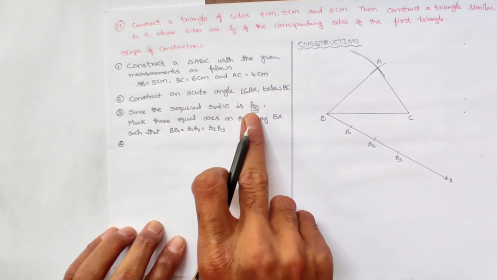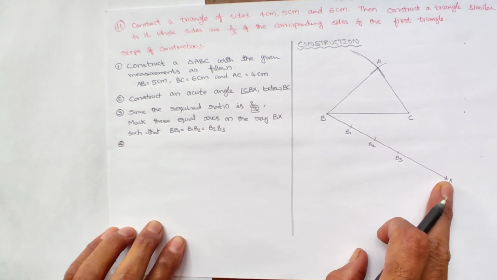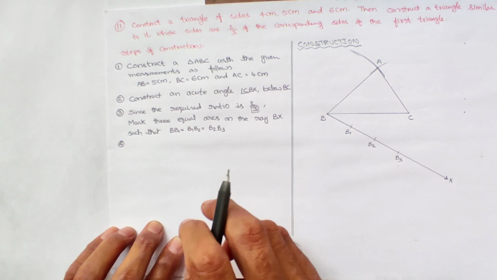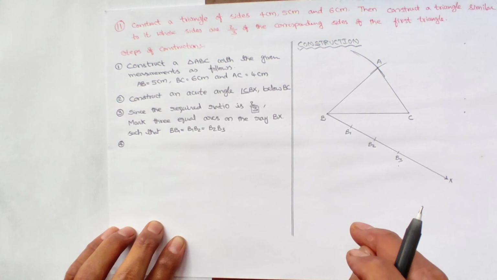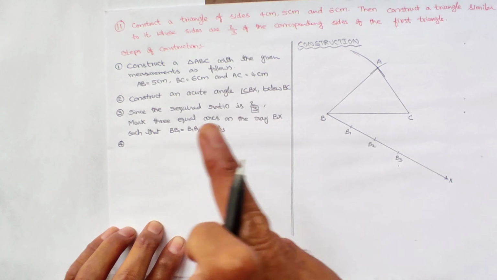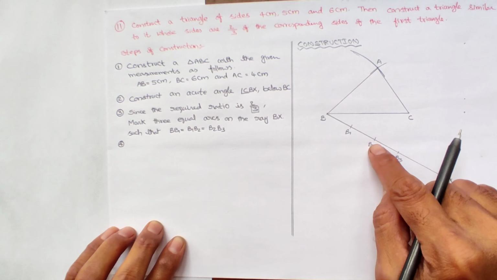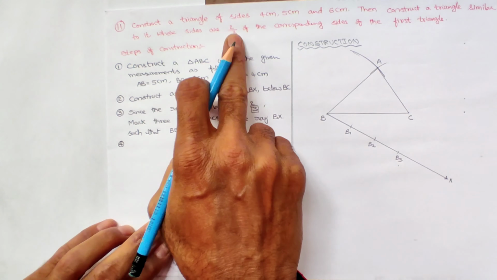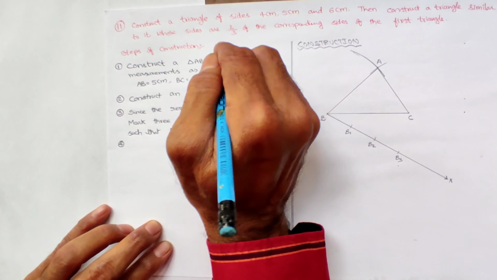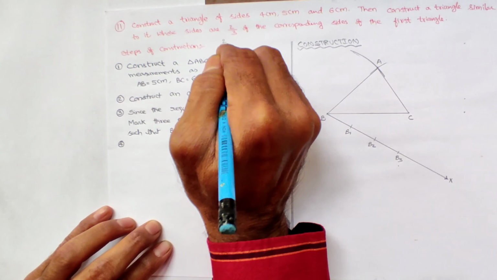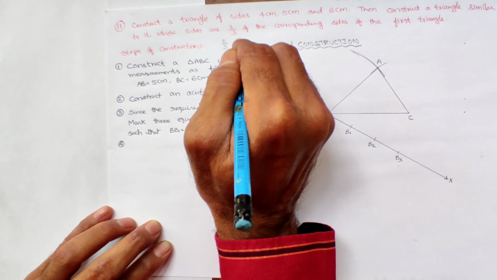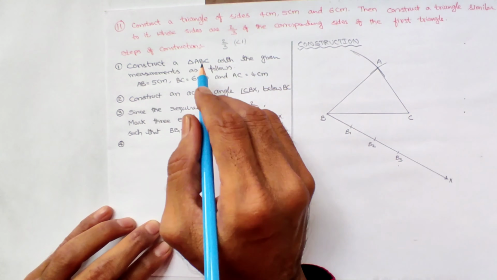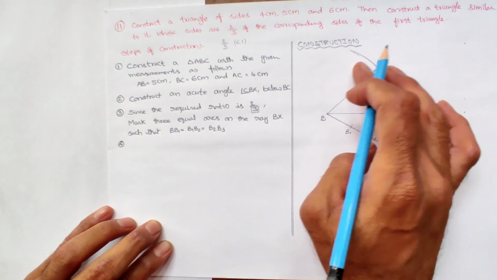is 2/3. We have used 3 for the 3 equal arcs. So far we haven't used 2. So actually now what we need to do here, first, by the earlier construction we have joined B2 to C. Here try to understand that the given required ratio is 2/3. Since the ratio is 2/3, when you divide this, you will get less than 1, less than 1 in the sense the new triangle is smaller than the actual triangle.